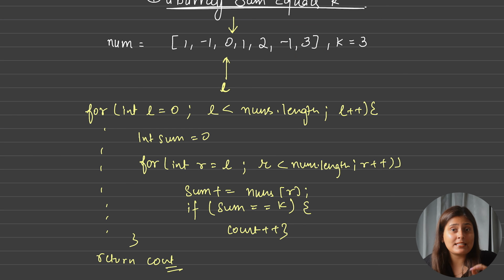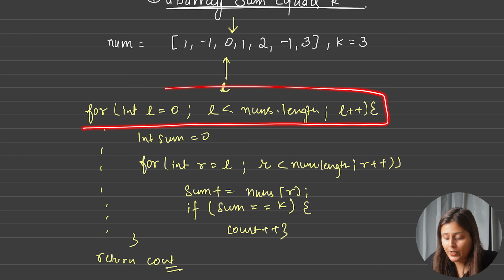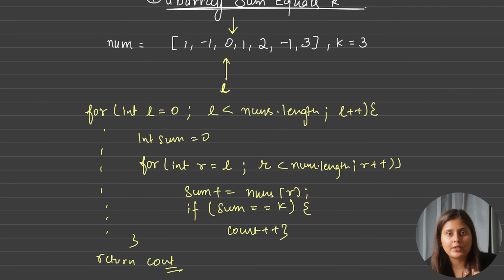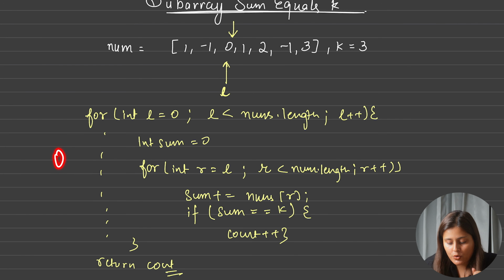So with this approach, let's see the time complexity in this case. The very first loop is running from 0 index to last index, and the second loop, the R index, is actually starting for every L and going till last. So basically I can say the R pointer is running for every L pointer for n number of times. So in total O of n square time complexity.